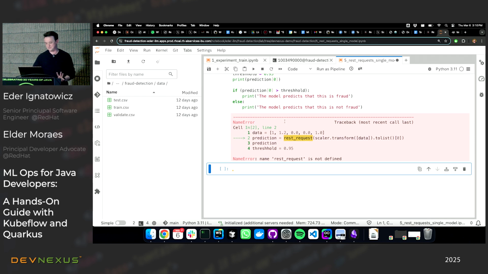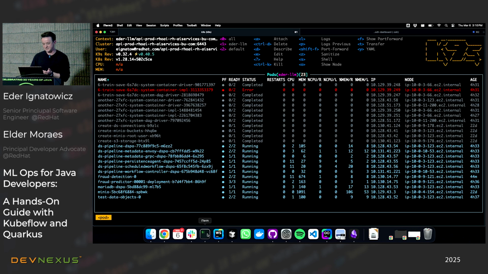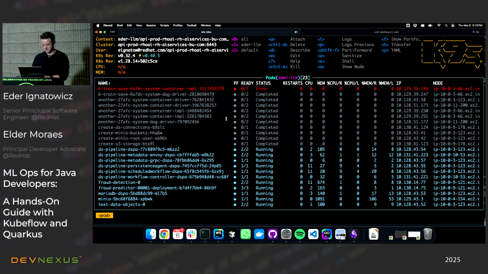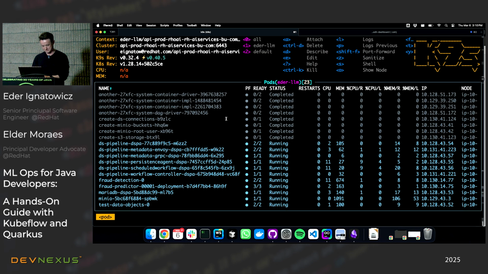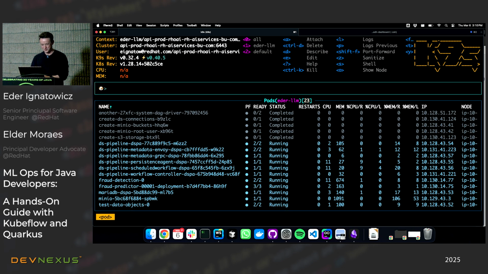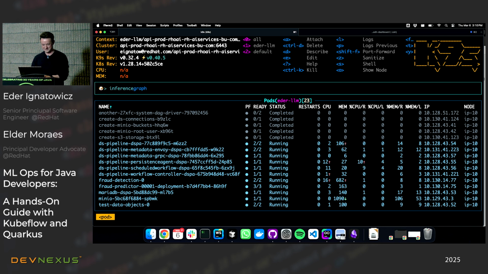Elder will show later. So it's how people do it by default. And behind the scenes, how this works. Now I will open my terminal. So if I go for inference service here,